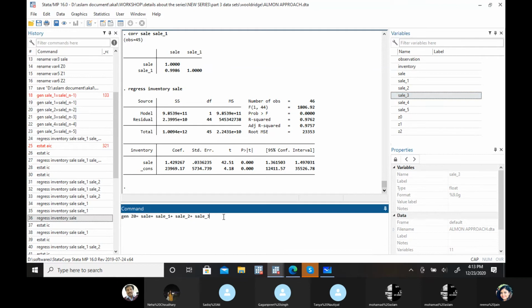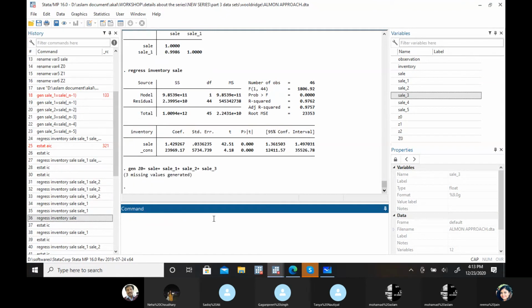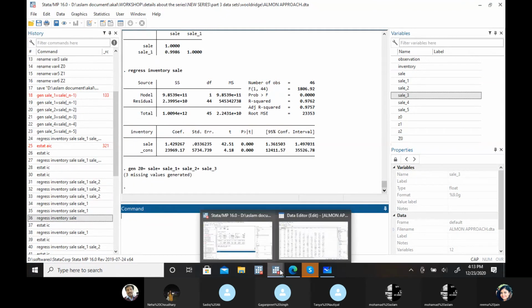This lag length we have decided already. Keep it in mind, the lag. That's why I am just taking it to 3 lags. Enter. Now the Z0 variable is created.